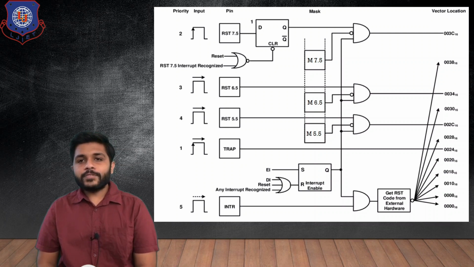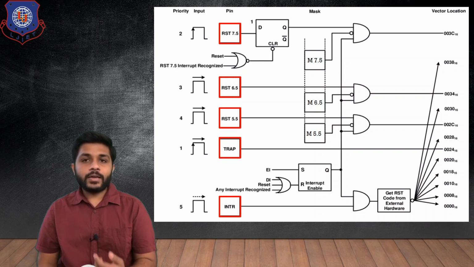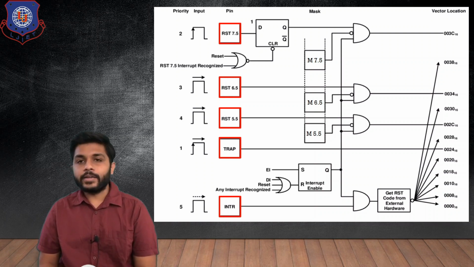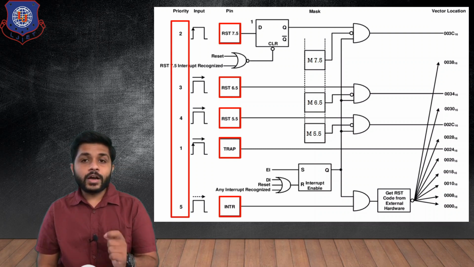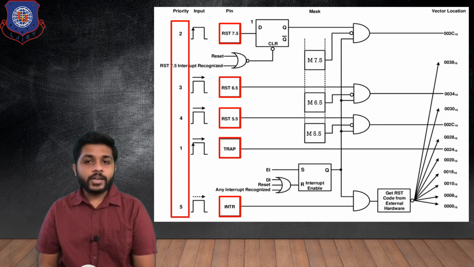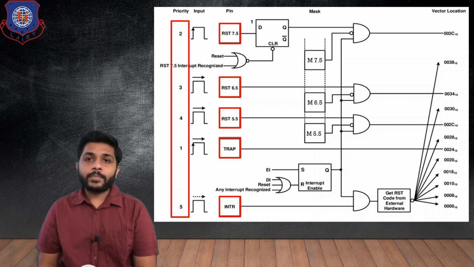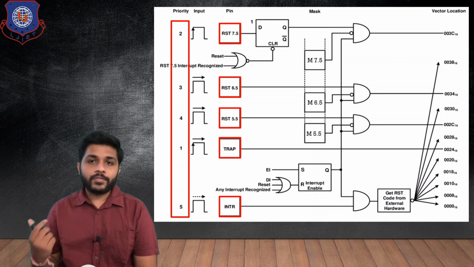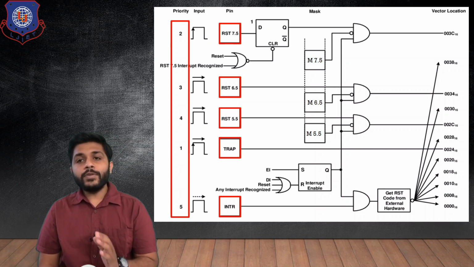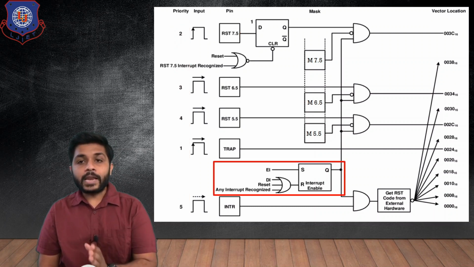Now for the microprocessor 8085, there are 5 interrupts, which are TRAP, RST 5.5, RST 6.5, RST 7.5 and INTR. Now these all interrupts are having priority. Like TRAP is having the highest priority. TRAP is known as highest priority and the non-maskable interrupt. But the remaining interrupts are maskable. And the priority of the remaining interrupts after TRAP is RST 7.5, then RST 6.5, then RST 5.5 and INTR.